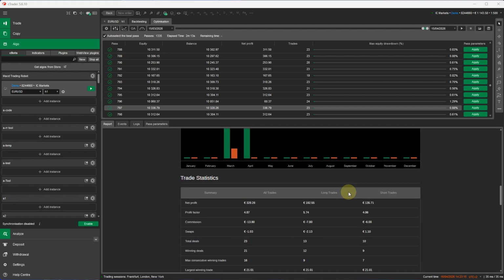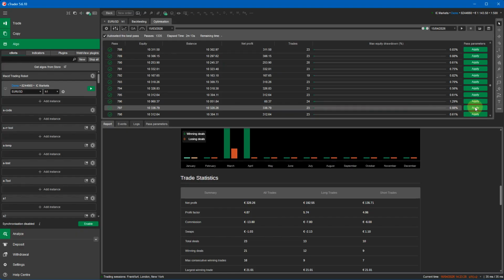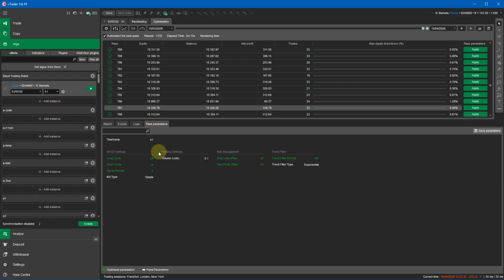Now, once you've done the optimization, you want to apply the settings. Make sure you've got the auto select the best paths ticked. If you do that, you see a highlighted row there, which would be your best optimized settings. If I click apply there, that's going to apply the settings onto your cBot that we've got here. So if I do pass parameters, this shows you the parameters that it's actually chosen for this time period that are the best for it, which is the MACD parameters, your stop loss of 47, take profit of 23,